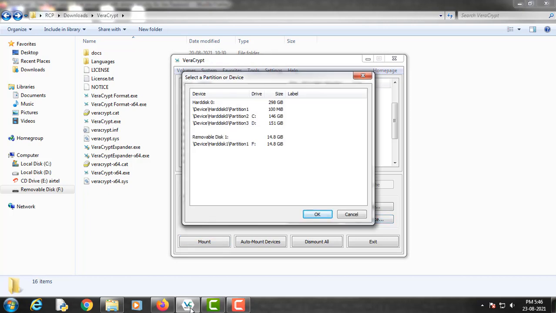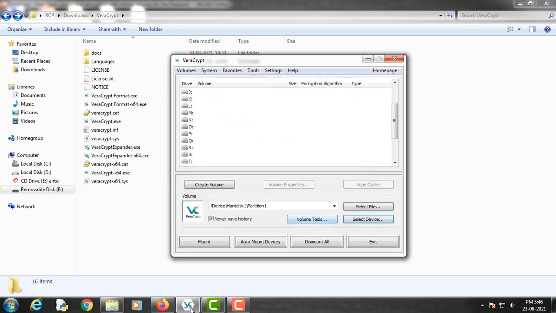And I'm going to encrypt this removable F drive, which is a 14 GB pen drive. So I will select this and click OK. Now we will have to create a volume on this removable disk. So let's create volume.